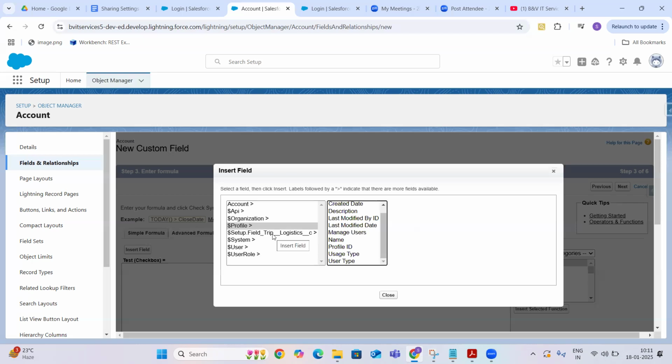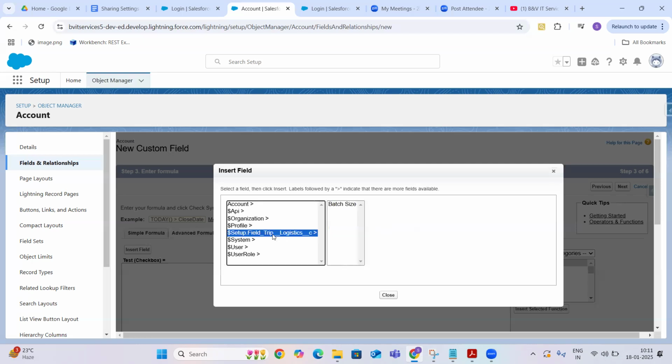Okay. Field trip logistics. Generally this will not be available for you until you install the Field Trip AppExchange app, so we can just ignore that one. Then system, it just has origin data, we never use it. User, so logged in user details. In your formulas, you can check the logged in user details.